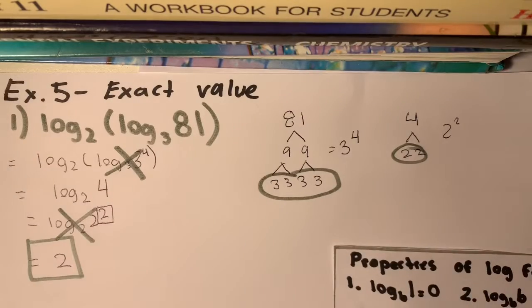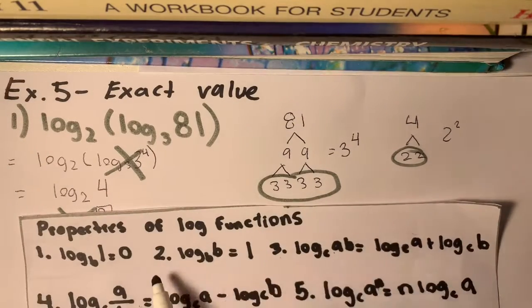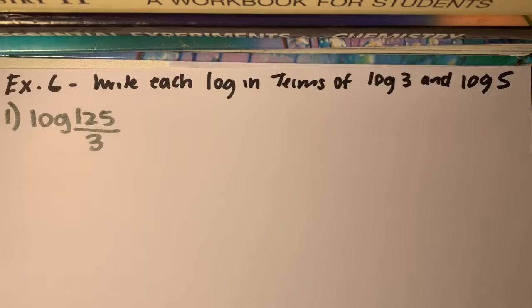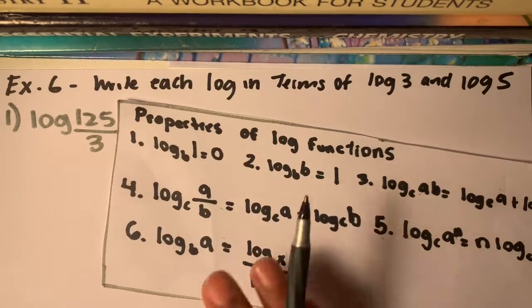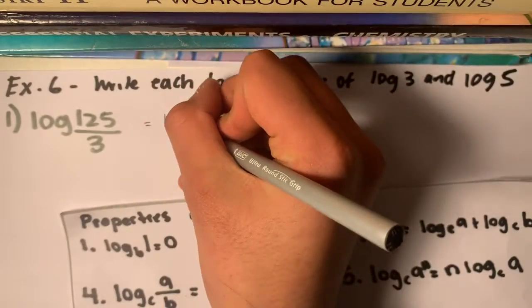Mainly in these types of questions, exact value questions, you're using rule number 2. Number 6 is going to be the last example, and you're going to be writing each log in terms of log 3 and log 5. I know I have log 125 divided by 3. Looking at my rules over here, I'll be using rule 4 as well as rule 3, and it's just going to equal log 125